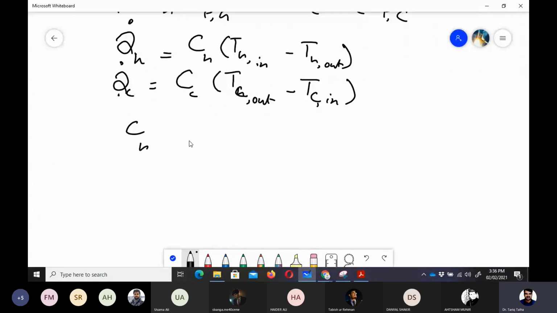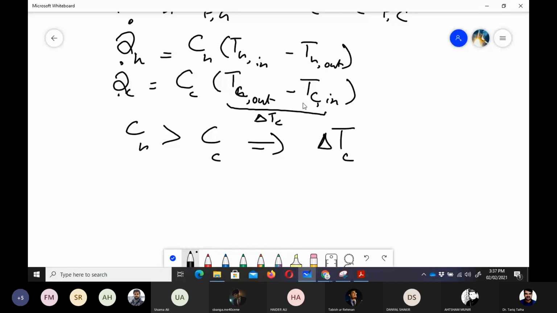If CH is more than CC, it would tell us that delta TC, which is this quantity, and this is delta TH. So delta TC is more than delta TH,